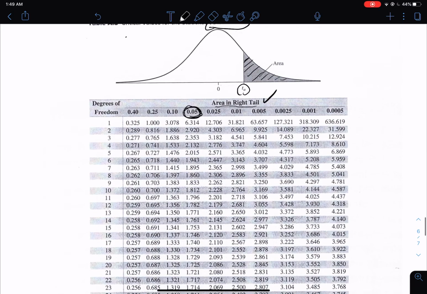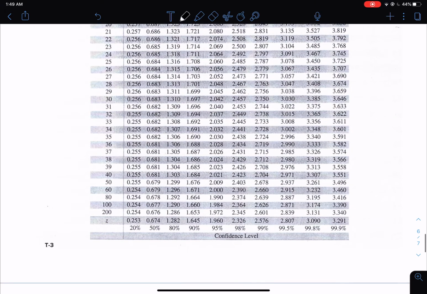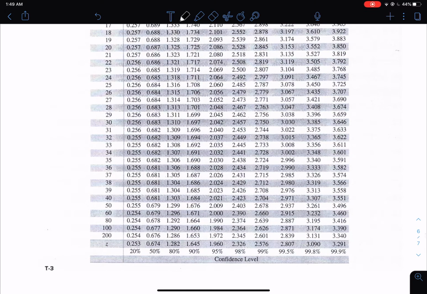Now we need to go down to degrees of freedom of 1014, and the biggest this chart goes to is 200. It basically says if your degrees of freedom are greater than 200, then just use z values, because when our sample size gets large, the values of a t distribution basically become a z distribution. So once we're that large, we just use the z values rather. And so,